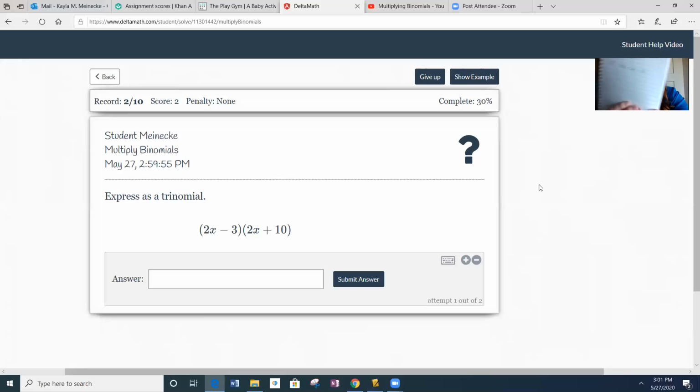Now, work-wise, you have just explained all of this. So you would need to make one final statement and say, after we combine like terms, you would have a final answer of 4x squared plus 14x minus 30. Okay, so you can do your work off to the side, but what I want is I want you to be typing all of this out. Okay,